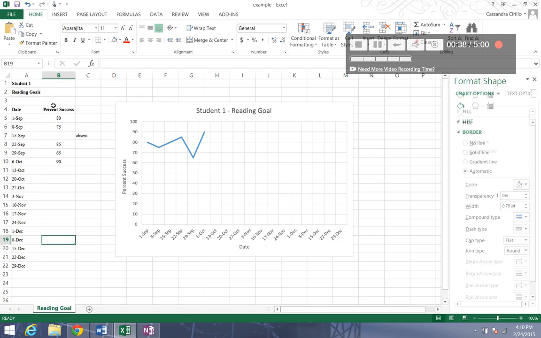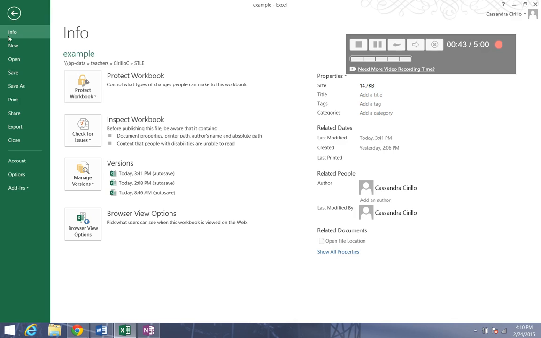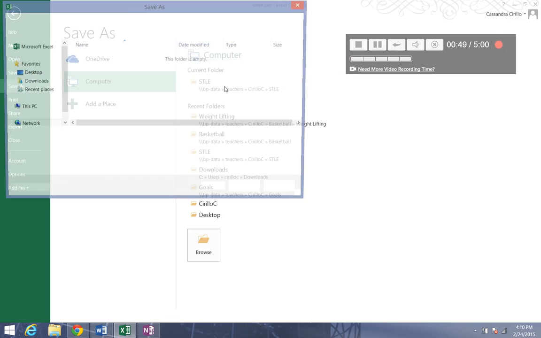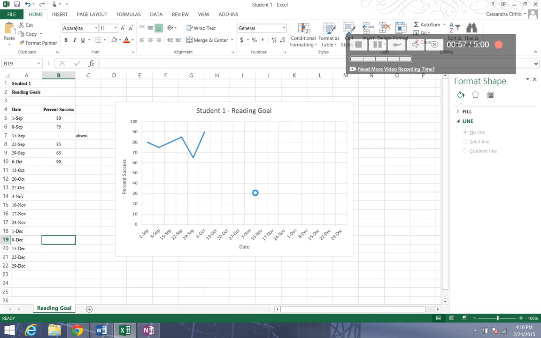and I can save it as the student's name. So let's say student 1. Okay, so now I have a file called student 1 and reading goal, and maybe I also want to track